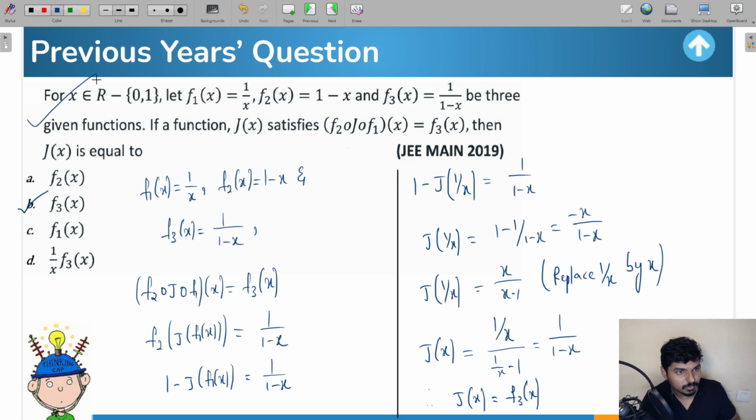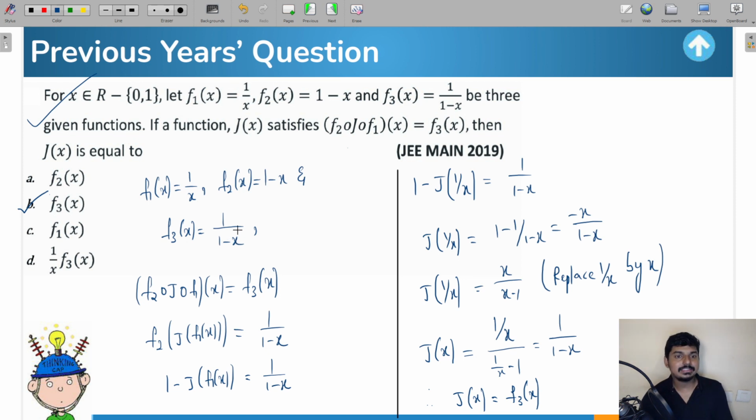So understood this question? Is anyone having any doubt in this particular question? So very simple, a very simple question based on the concept of composite functions, where all you have to do is figure out what g of x is going to be, and the criteria are given for you. Just apply the condition, you are going to get the answer. So I hope this question is clear for everyone.